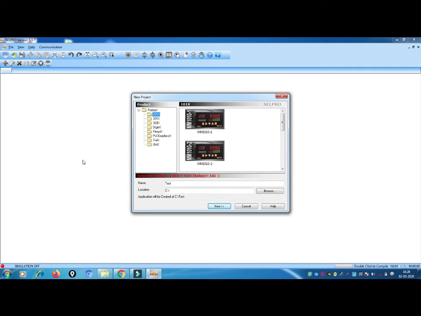We are seeing today only the simulation process. We are not connecting any module. We are not doing any hardware connection. We are seeing the simulation connection, means it's like a paper. Whatever we have in the mind we are going to implement on the paper. So here this display, this PLC is acting as a paper which is used for checking whether the connection is right or wrong. Okay, so here we have some model numbers.